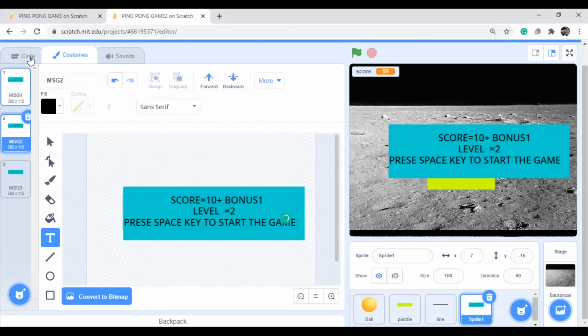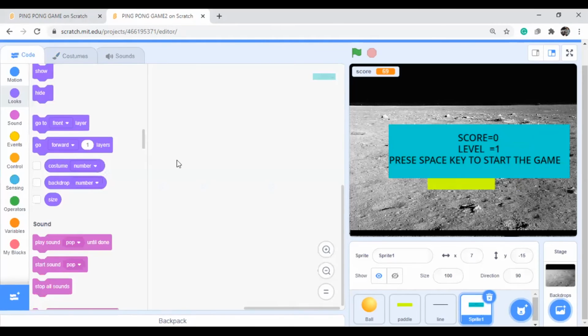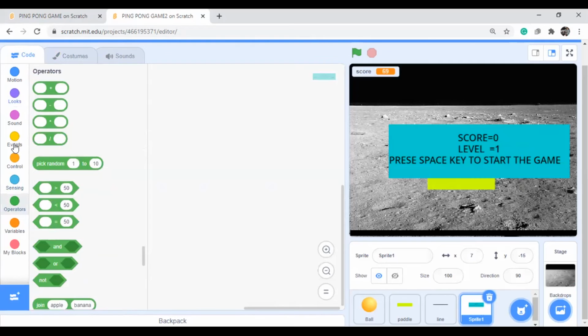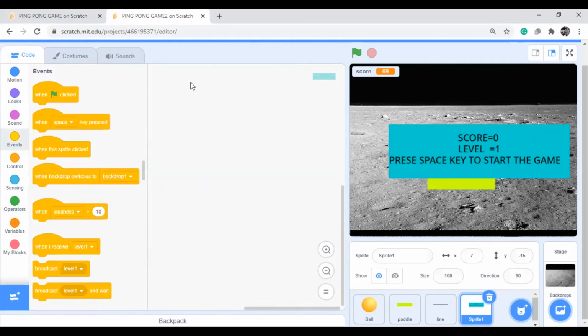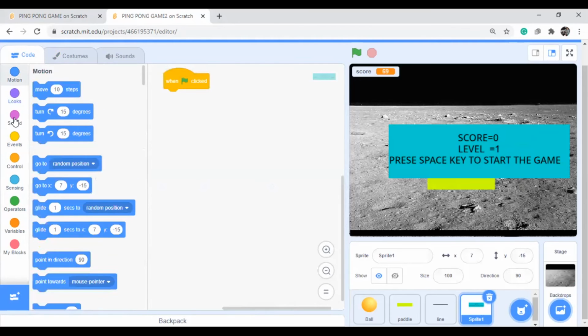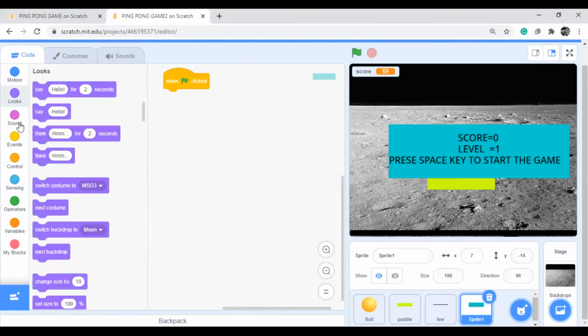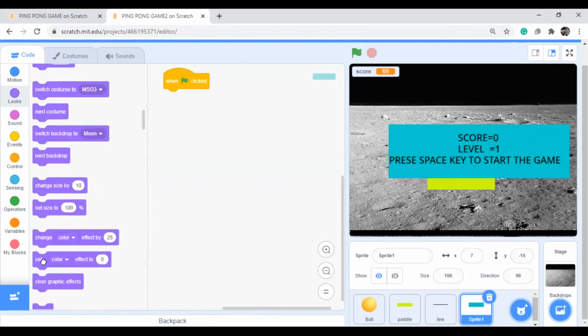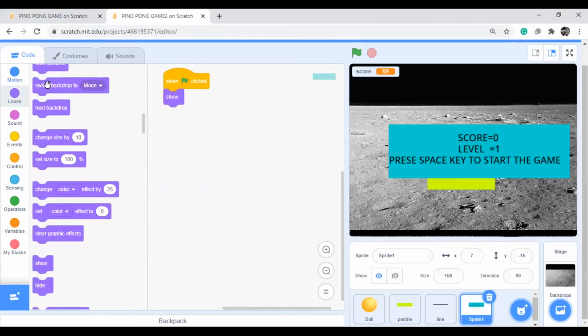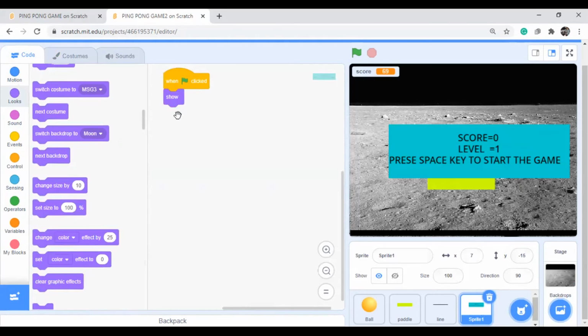So now how to do this thing for coding? Actually, when flag is clicked, we need to show this one. And when flag is clicked, we need to show the costume one. Here you can write show button, show. And switch the costume to message one.